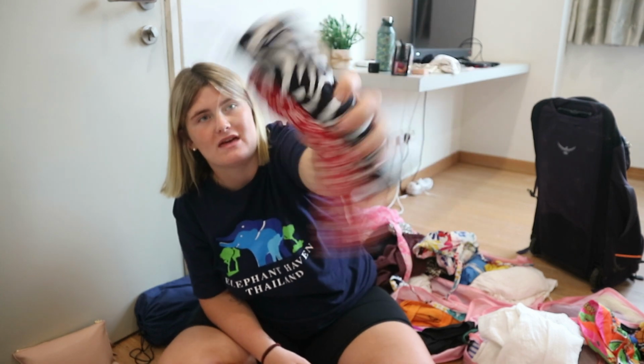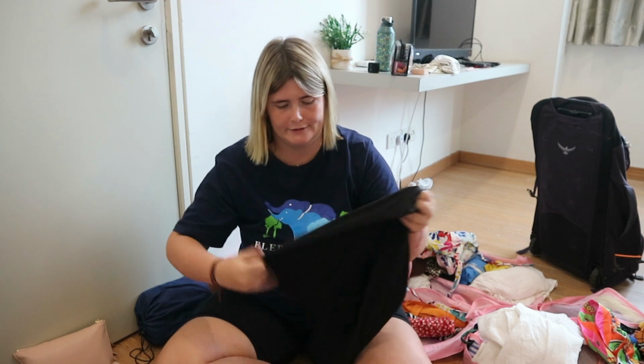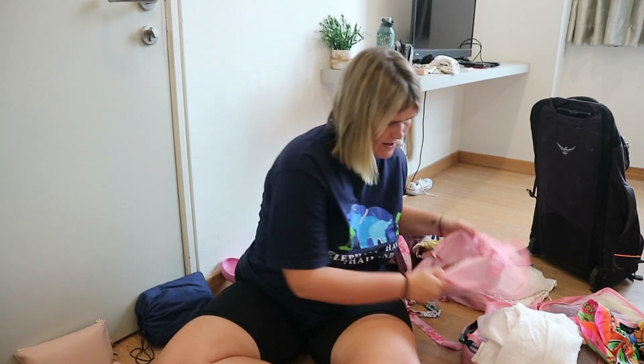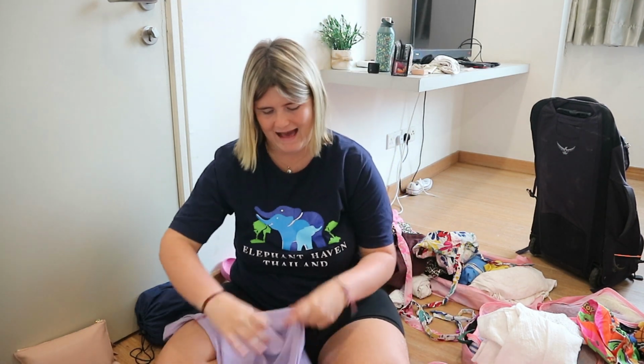And then I've still got the 2 tops that I brought out with me. These were good for daytime and evening. And then I also brought out a black shoulder top because they went with a lot of different outfits. So I would definitely say more neutral colours, they go with everything. But don't be afraid to bring, I would say, 5 evening tops, a couple of vests, and then